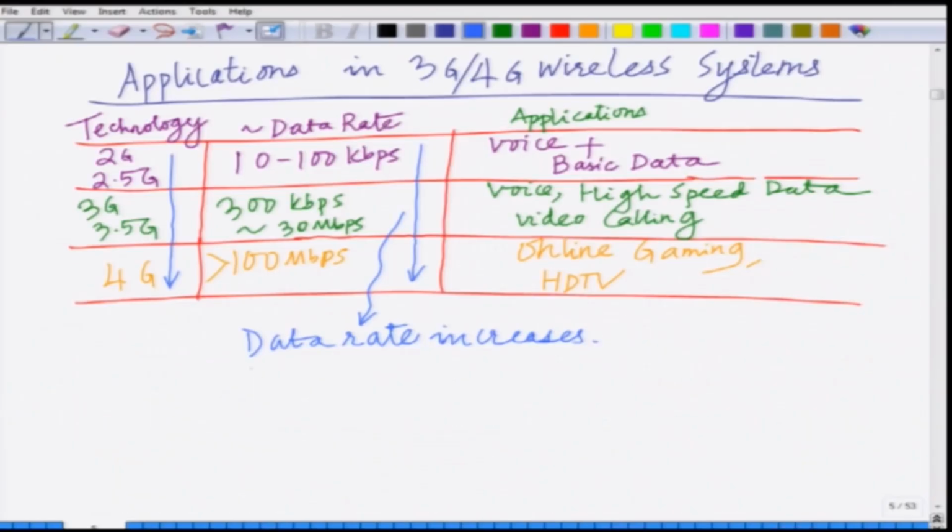So, data rate increases. Also, importantly, there is an increase in the reliability through these different generations,